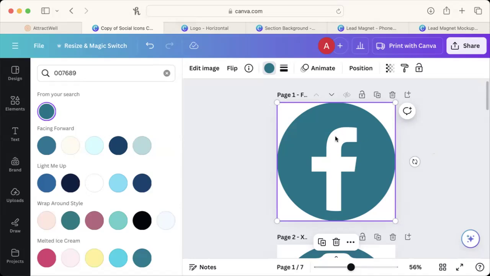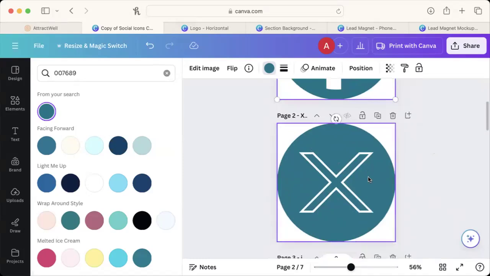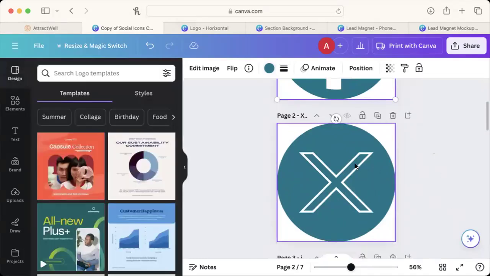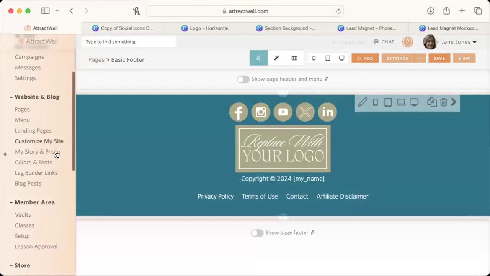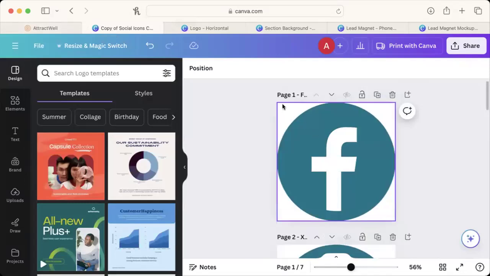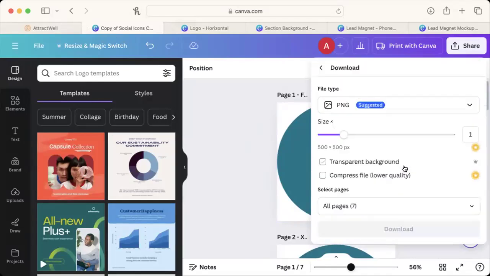So what I would do in each of these cases is just go into your image here and change the background of the image so that it has that same color, because we are ultimately going to be putting these into a background that looks like this, right? So just make sure that there's no white back here when you're downloading if you are using the free Canva. So I'm going to go down here to download,